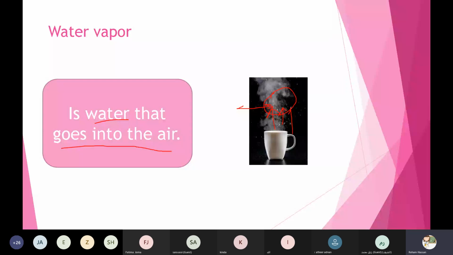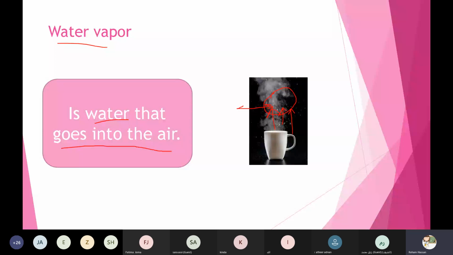So what is the water vapor, Khulud? Imar? Rafa? Yes, teacher. What is the water vapor, Rafa?